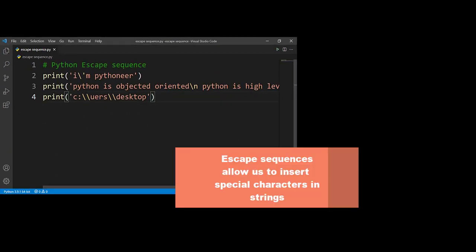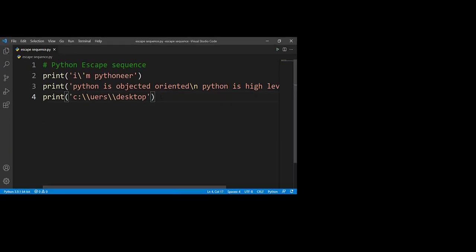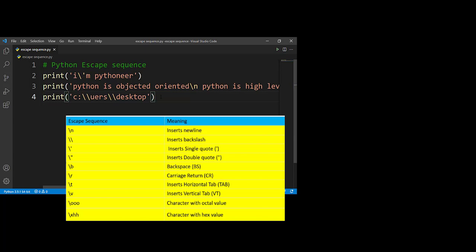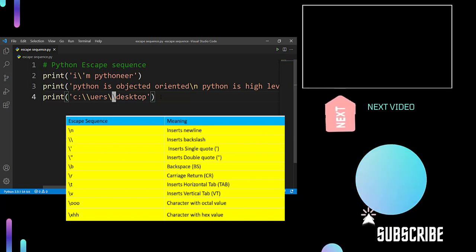So what are these escape sequences doing? These are some of the escape sequences. We have some other escape sequences like backslash t for tab space, and this is the list. You can go through the list and try out on your own how to make use of these escape sequences